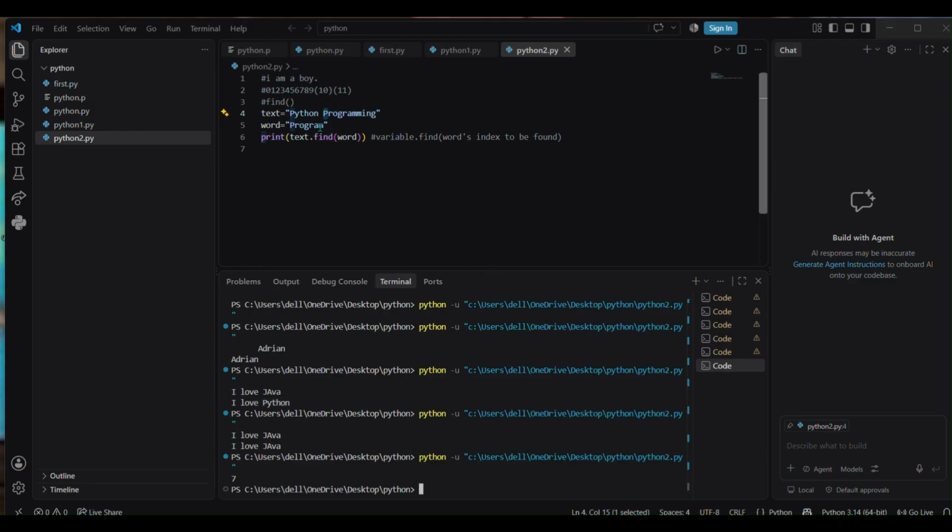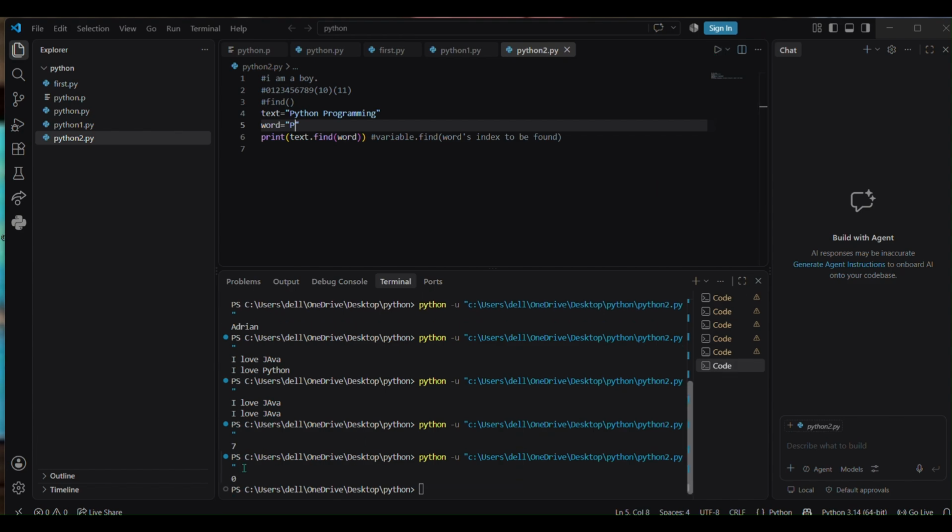Now, instead of this word, I'm going to let it be only P. So that's valid now, and it's showing me 0 because this P, the first P, is starting from 0. Why is it showing the position of this P? Because Python runs on the logic of first come, first serve. So the P of Python was coming first, so that's why it showed that its first occurrence is in 0th position. Right? Suppose the word that I'm going to find is not